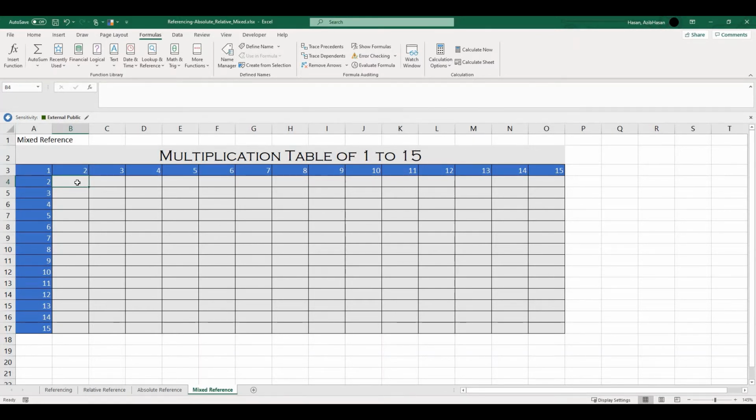The formula is very simple for the table. It will be A4, so that's 2, into, the asterisk sign, and this is B3. I hit enter and I'll get 4. I'm going to drag this down and I should get the answers. But if you see, the answers are not correct. The values are slightly increasing and increasing. 2 into 2 is 4, 2 into 3 should be 6.